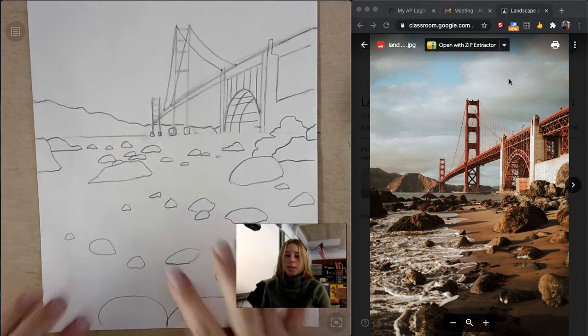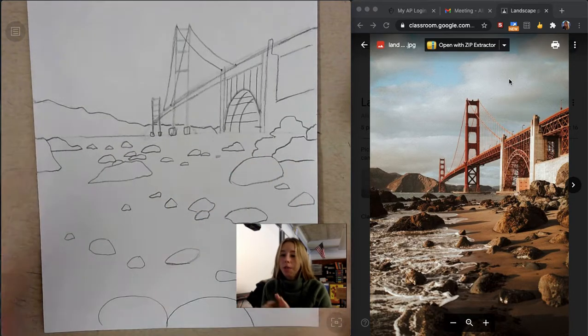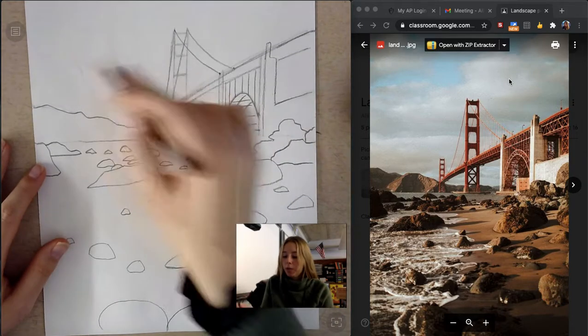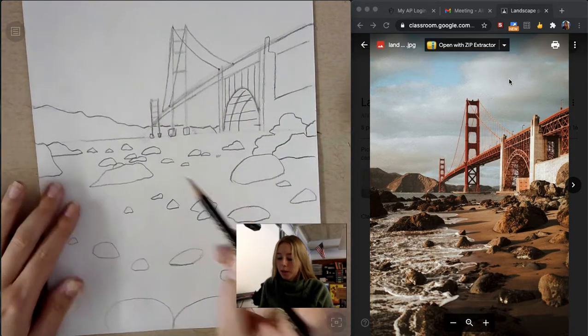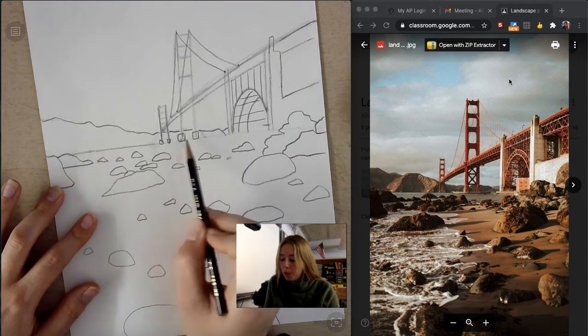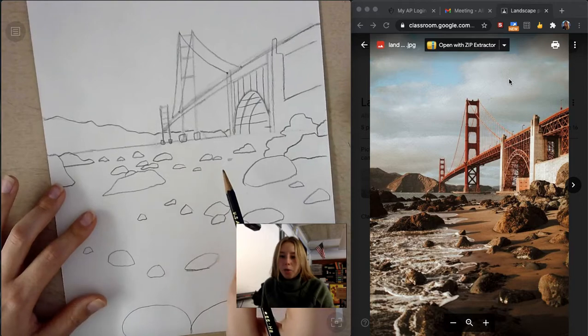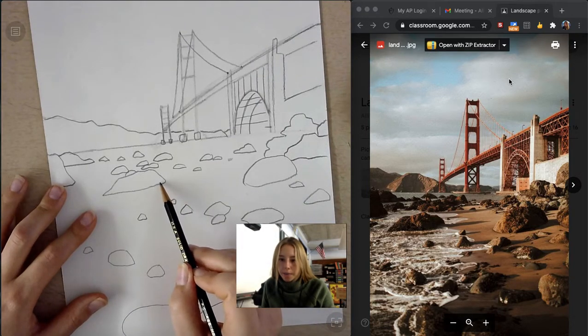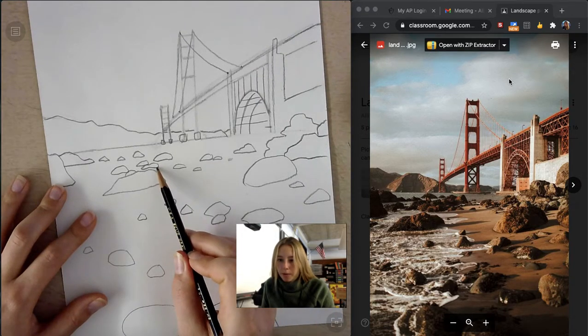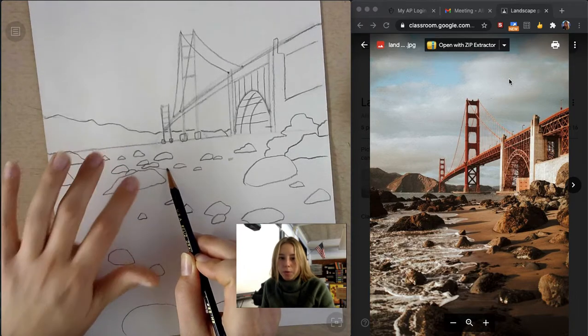Okay, once I have my rocks scattered out, now I'm just going to do my ocean line, and then we can draw a few clouds and we'll call it a day, and we'll move on to the next landscape, because we're just starting with the basics right now. Okay, my ocean line, I'm going to start it right above this giant boulder here,